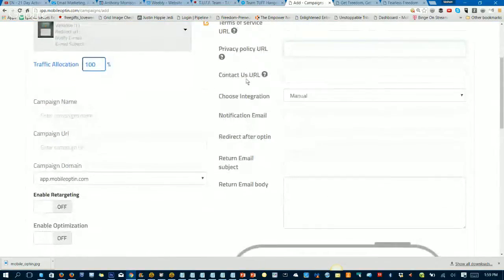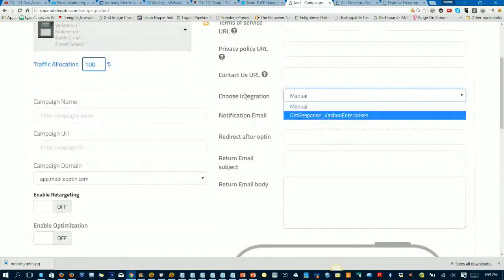Okay, so then you come down here. You've got choose integration: manual or Get Response. You actually want to set up your own email client to collect those emails. Get Response, Aweber, MailChimp, Constant Contact are just different email marketing tools that you can integrate mobile opt-in with. If you don't have one of those, then choose manual.